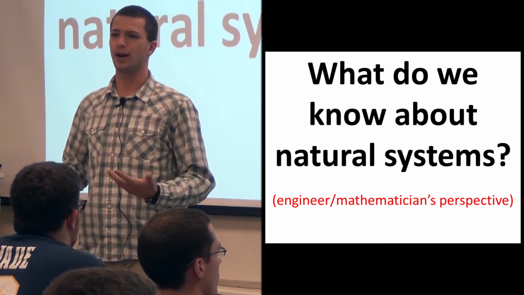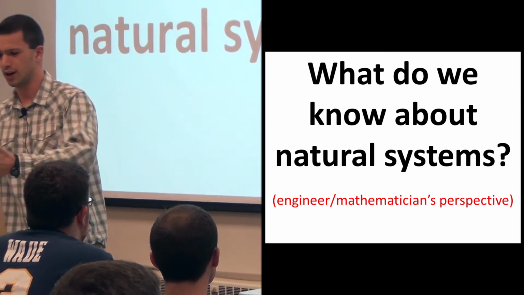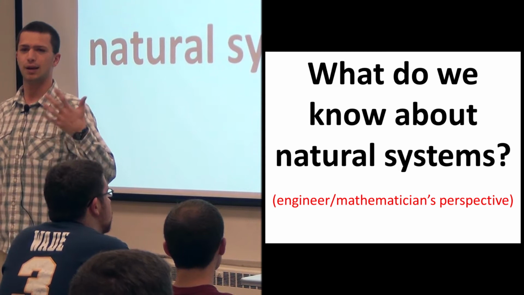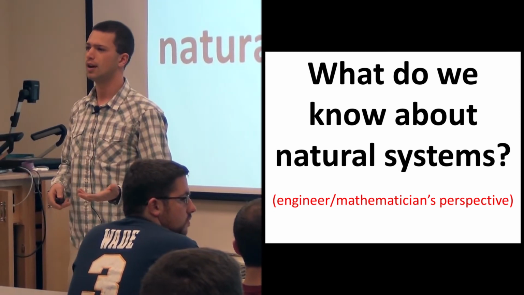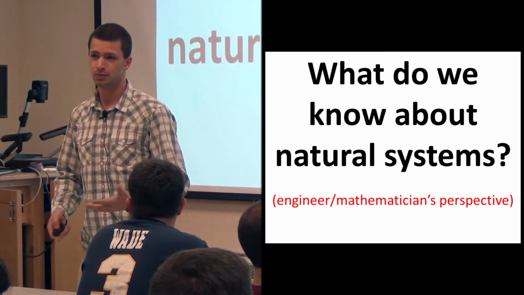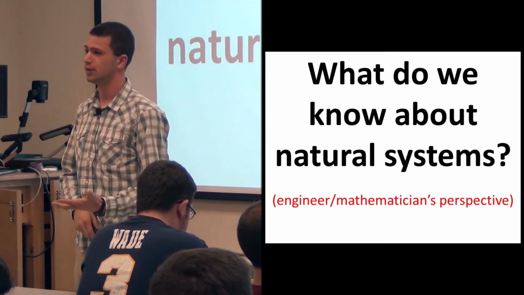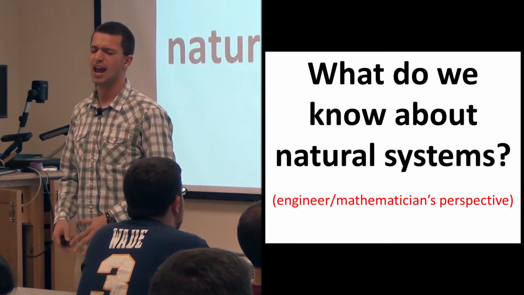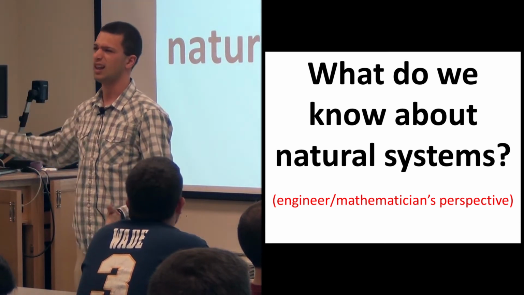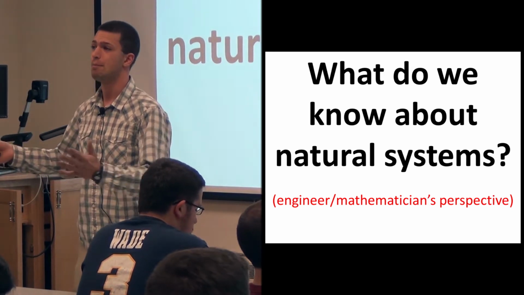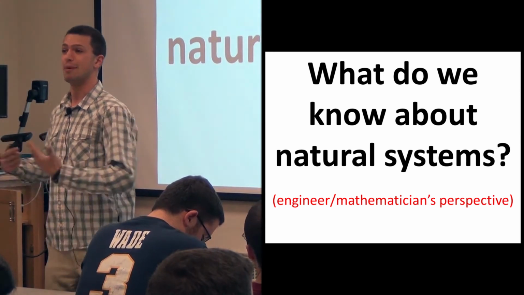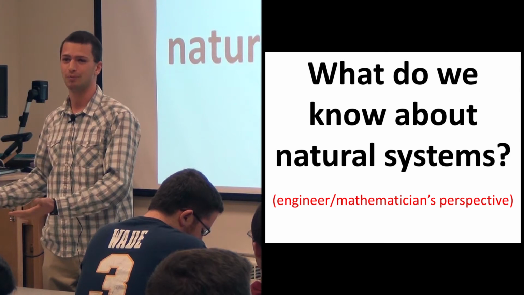So if you're an engineer, you want to deal with a natural system, you want to know what's going on out there. And I think a lot of people aren't as familiar with what we know about ecosystems, especially what we know mathematically about ecosystems. Our mathematical understanding has just gone leaps and bounds in the last 20 to 30 years, when biologists actually started using math to describe what they're observing.